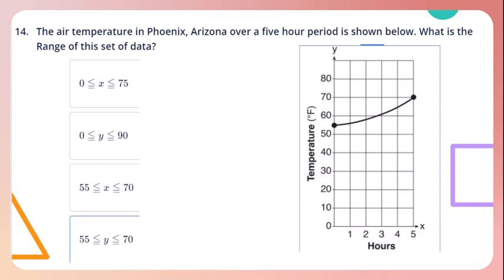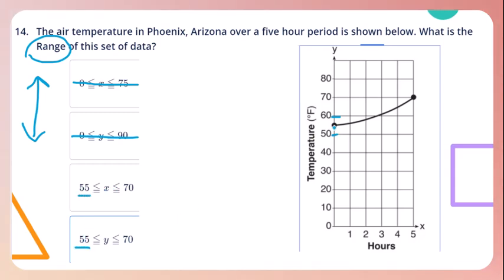Question number 14. The air temperature in Phoenix, Arizona over a 5-hour period is shown below. What is the range? Again, we're looking at a graph and we're interpreting the range. So we're looking at the y values. What is the lowest point? It's between 50 and 60. It's not starting at 0. So let's scratch these two out, eliminate them. Starting at 55,